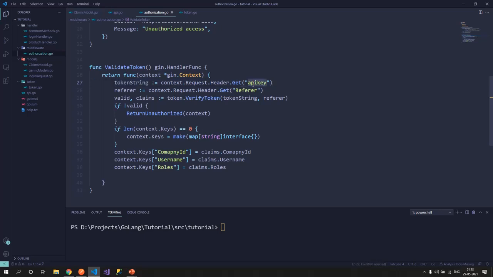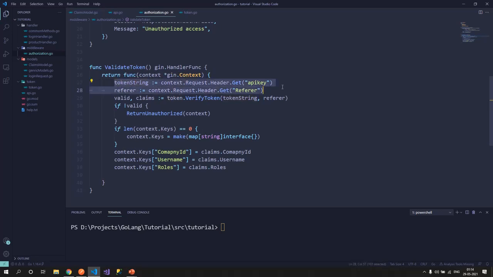For us, I would be expecting the token in API key. Normally it would be the authorization header with a bearer keyword just before the token, so you would apply that logic to separate those things out. I've kept it plain and clean for now.